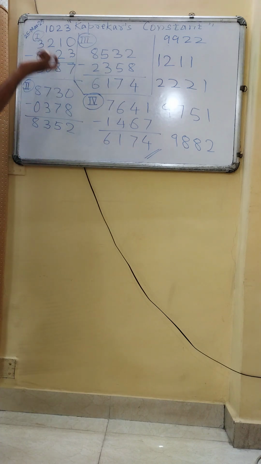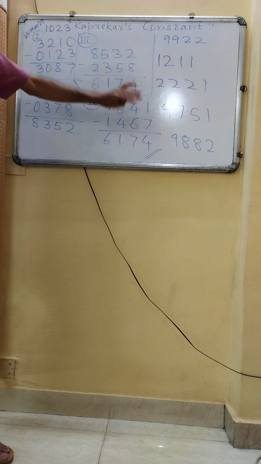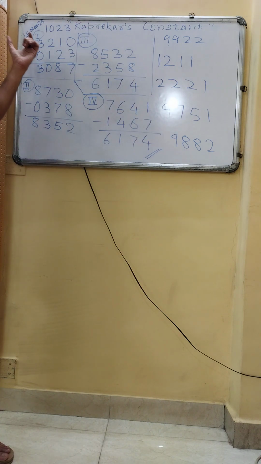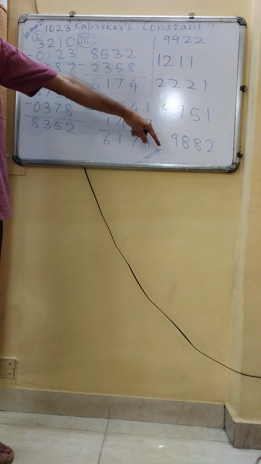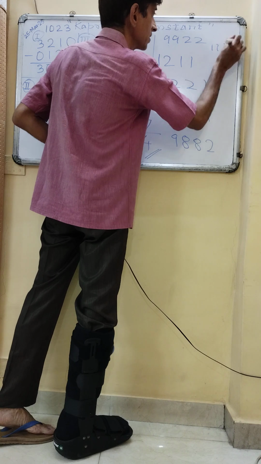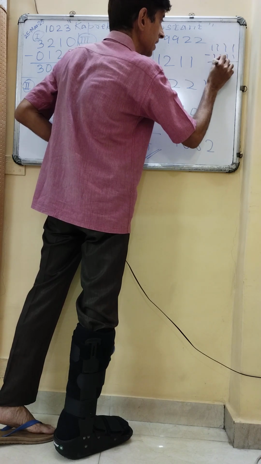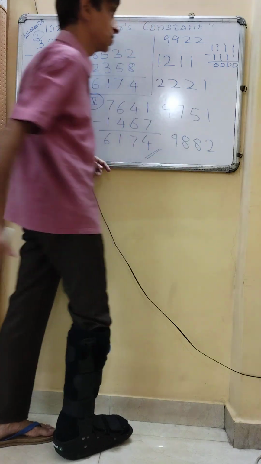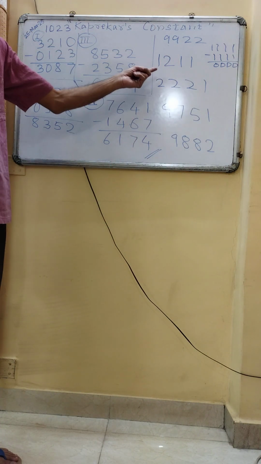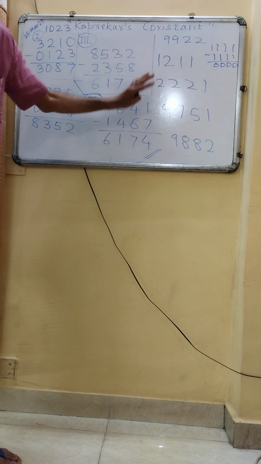The speciality of Kaprekar's constant is that your process will stop in 8 steps maximum. I will repeat, you take any 4-digit number. Naturally you cannot take 1111 minus 1111. The answer will naturally be 0. If all digits are the same, the answer will naturally be 0. So you have to take at least one digit different. That's the reason I have taken these examples.